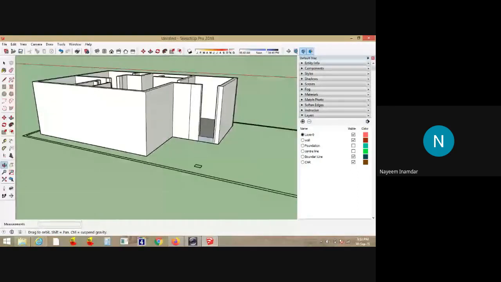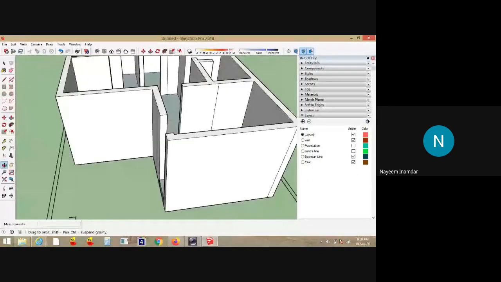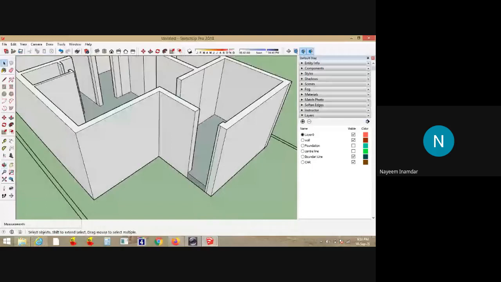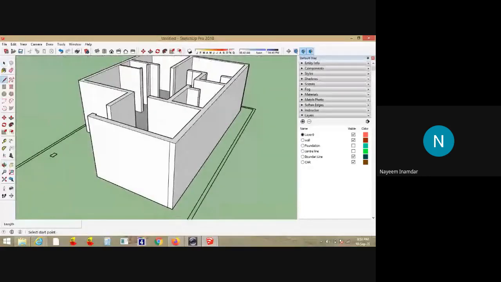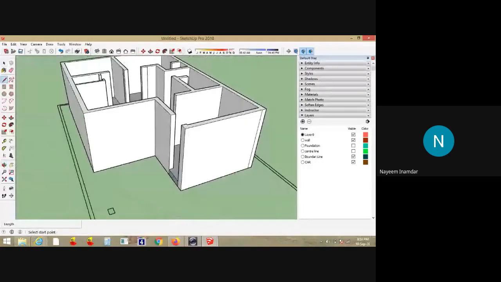See, directly the building has become 3D, because you had already created the drawing in AutoCAD and imported it to the SketchUp software. So this is the beauty of SketchUp. Very easily you can have the three-dimensional model just by importing.